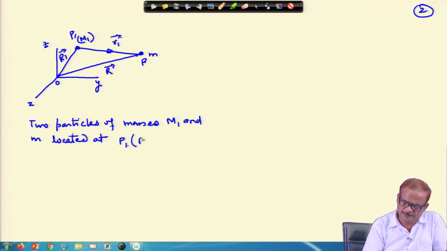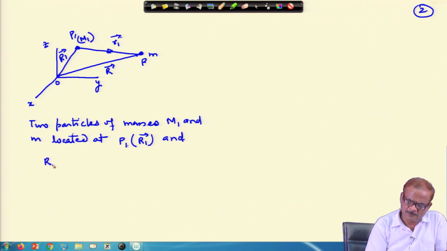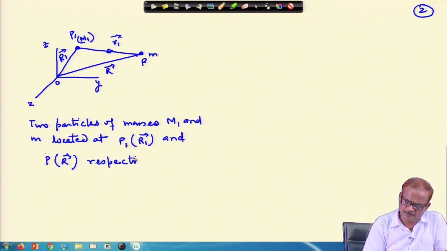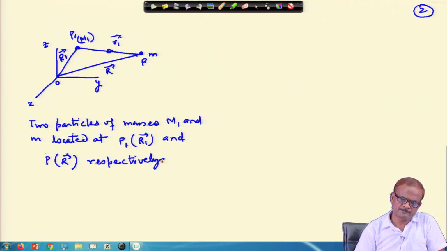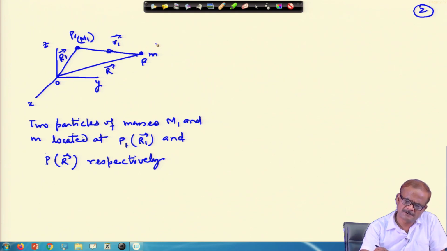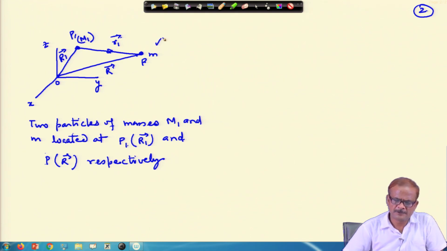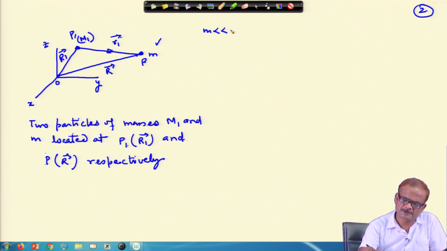P 1, which is described by vector r 1, and P, described by vector r, respectively. Now, consider that this mass m is small compared to m 1. So, m is much smaller than m 1. Under this condition,